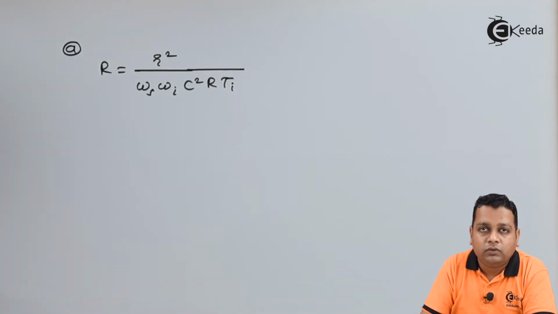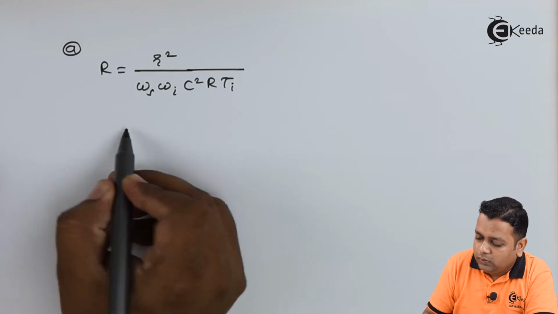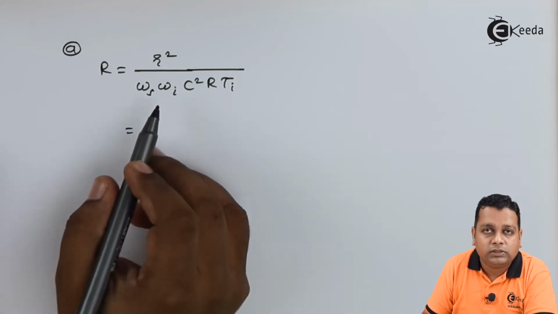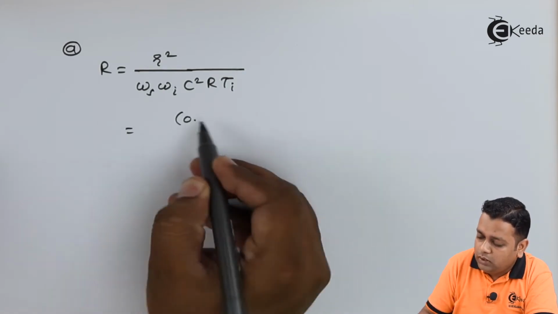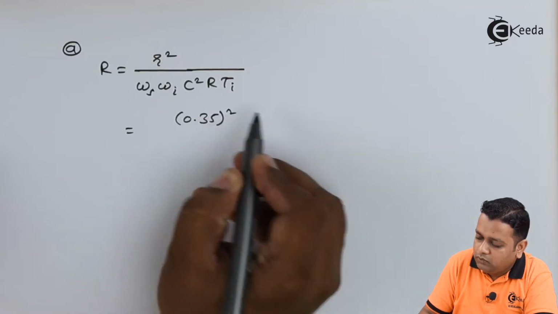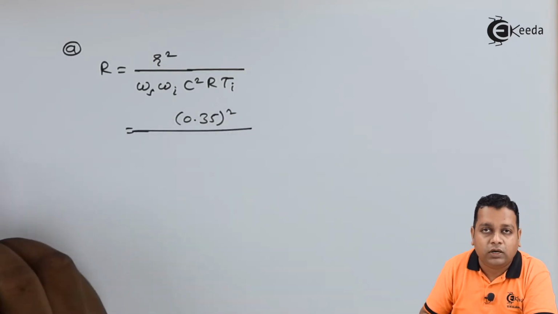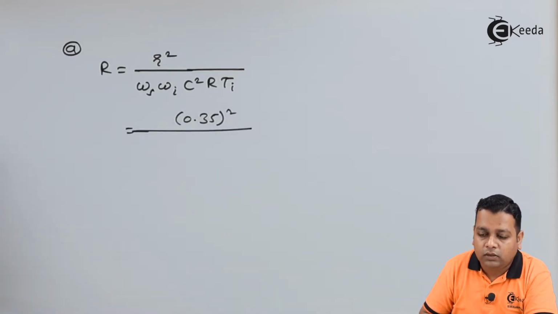We have all the values available to us, so now we can make substitutions. In the next step we get 0.35 squared in the numerator. In the denominator, we have